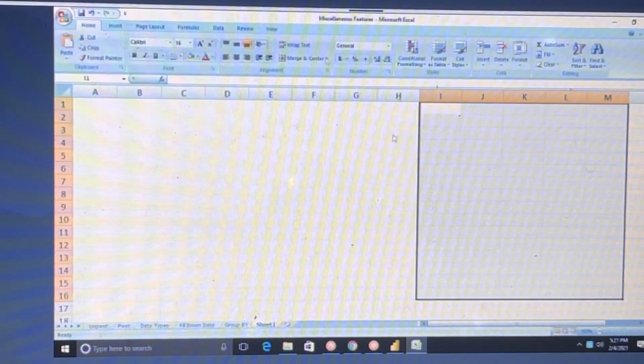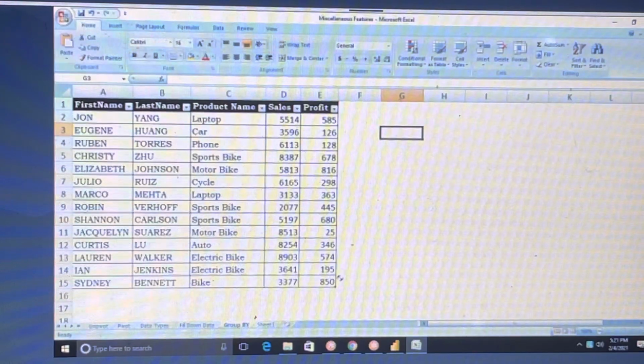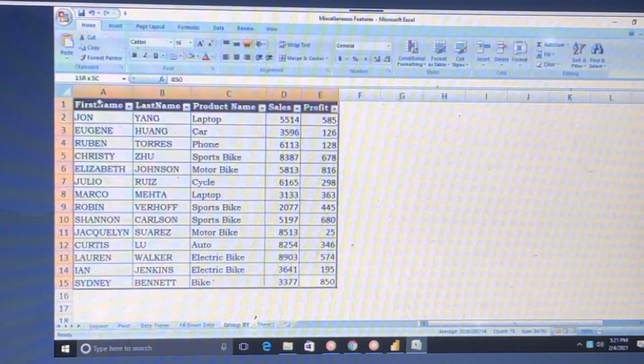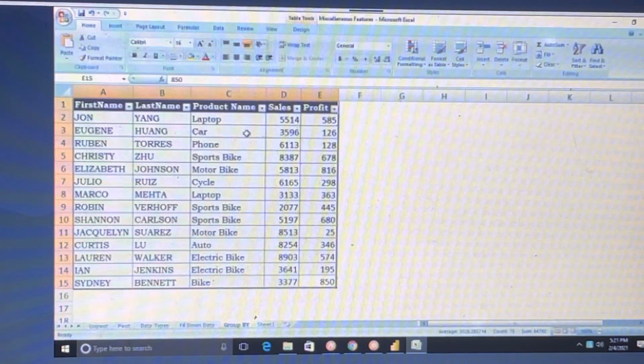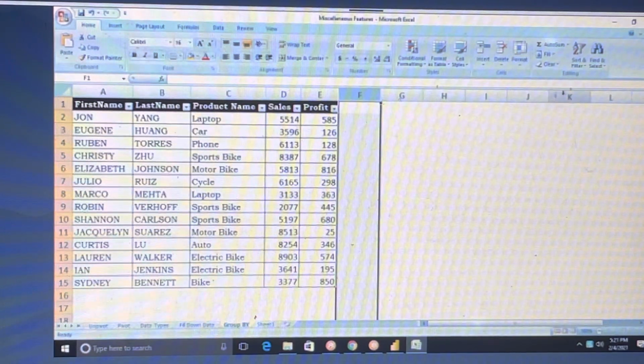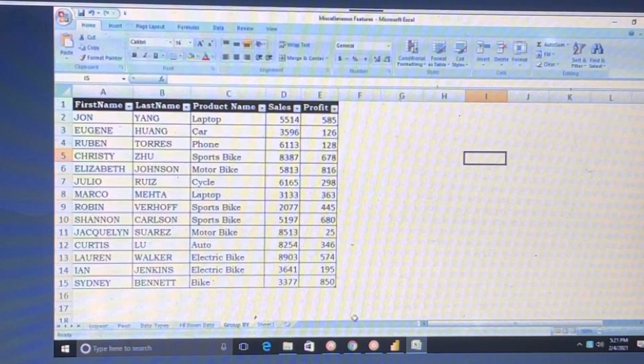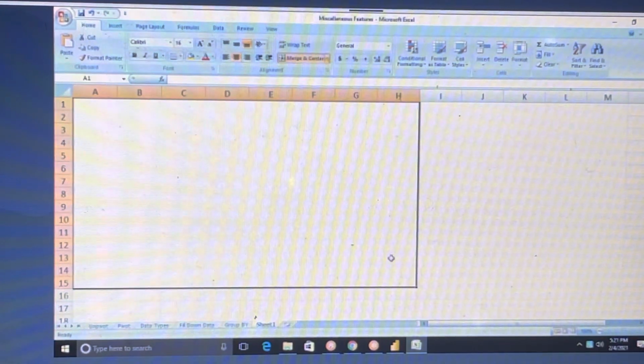Remove the grid over there. Go to the Group By tab. This is not merged. The cells are different there, but from F to L, these are not merged, but how is it plain? The whole thing is plain. There is no grid.